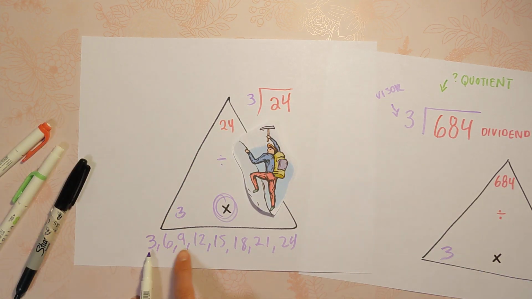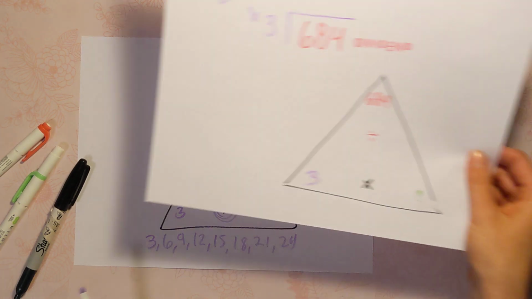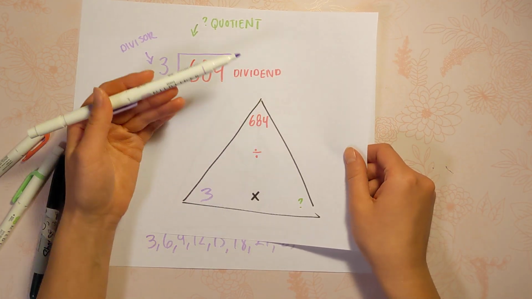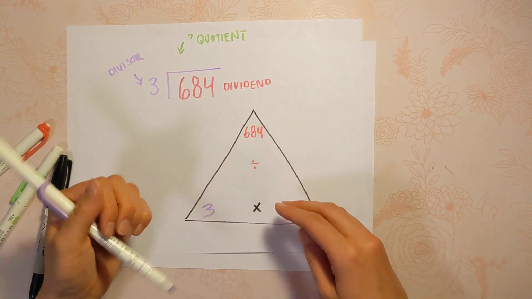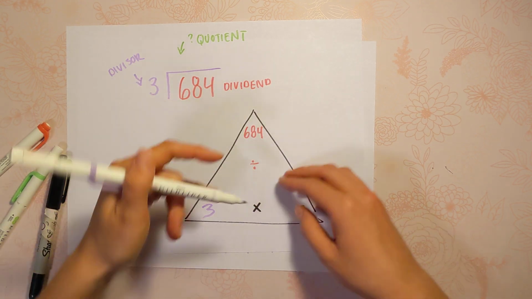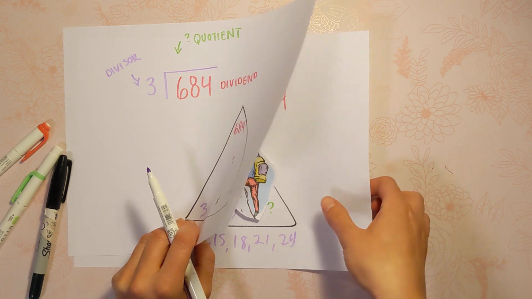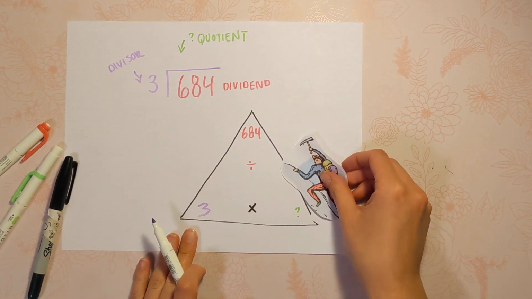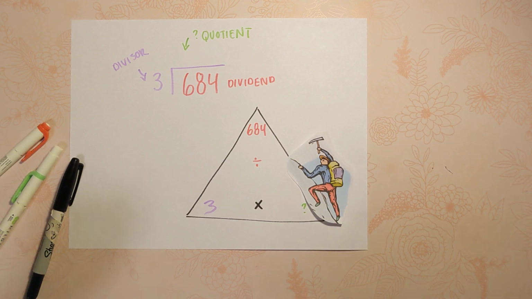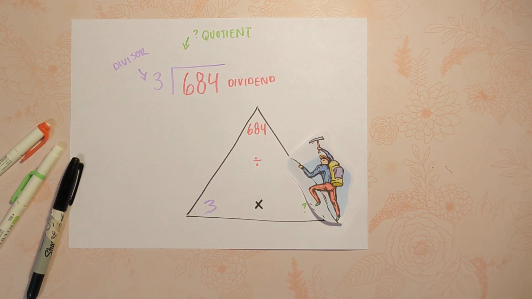We could skip count our 3's all the way till 684 too, but that would take a while. So we're going to multiply 3 by big numbers and just fill up the triangle. Okay, so that's how an area model works for multiplication, or for big division, but I'm going to be multiplying here. So now I'm going to show you how it works,